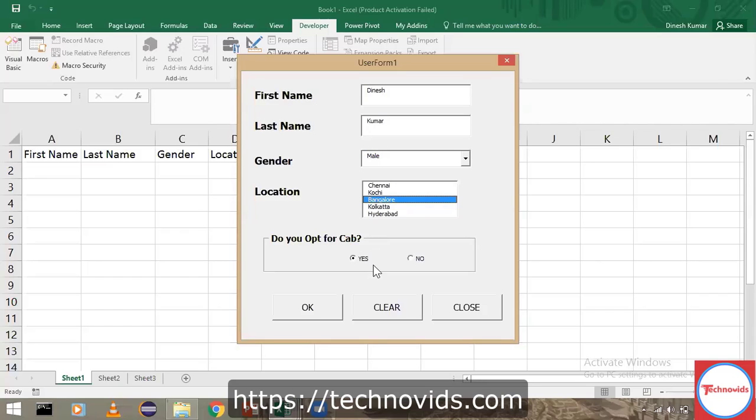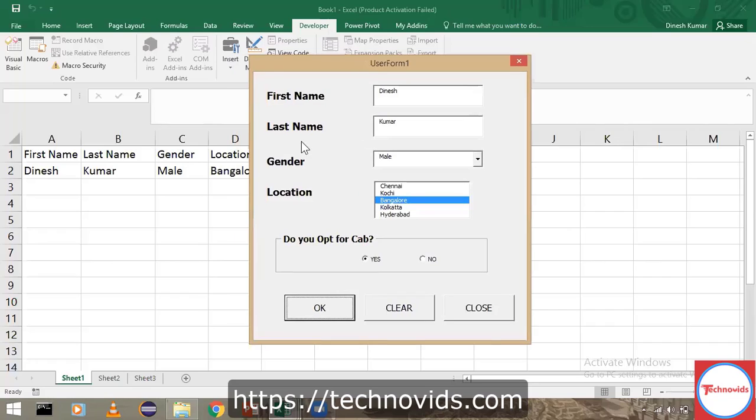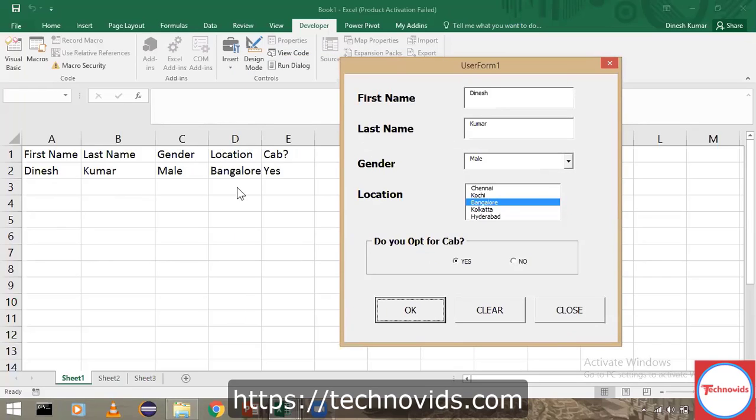You see by default yes is being selected because I've coded it accordingly. So let's stick to that. I say yes, and I click OK button. Now instantly you can see the data entered into the user form has gone into the Excel sheet. All the things are being populated correctly.